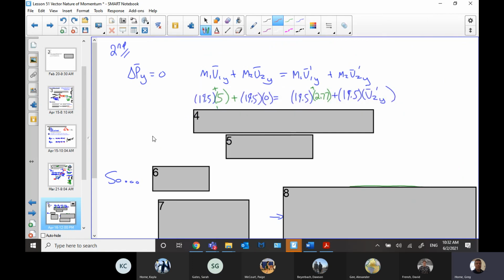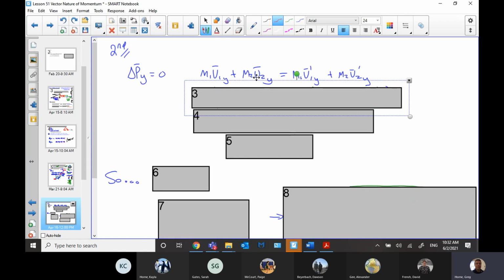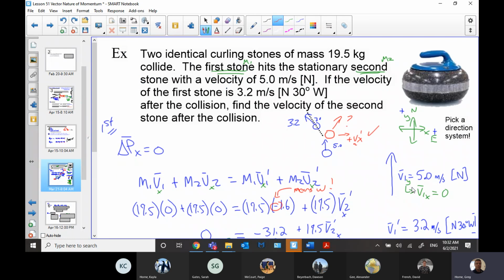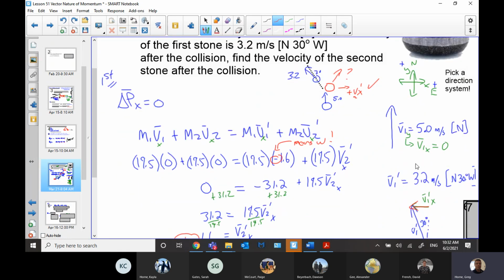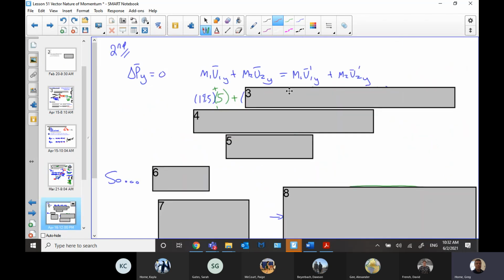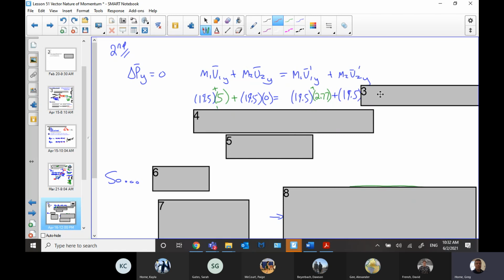All right, so we can put some numbers into this y component stuff now too, right? The second step is working with conservation of momentum in the y direction. We know a bunch of values for that. Obviously, the masses are all still 19.5. If we go back to what we looked at here, you can have it all on one page for your work. We had that y component was 5, right? So we can put that in. The initial velocities of the second one were 0 in both directions, so it's still a 0. Masses are in everywhere, and our y component velocity is in as well.